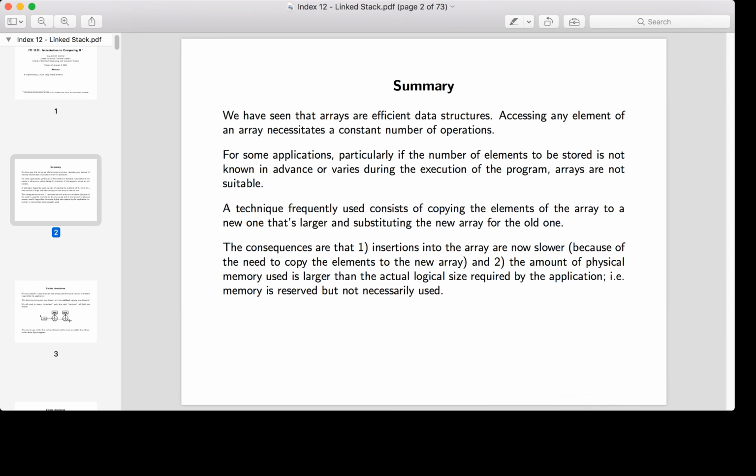As a summary, we have seen that arrays could be used as an efficient way to implement different kinds of data structures like stacks and so on. There are other data structures that could be implemented using arrays also, like queues, etc. Accessing any element of an array involves a constant number of operations. It's a random access type of container for data, so we can jump around the different indices inside the array as we please. However, there were drawbacks associated with using arrays for implementing data structures, which more or less includes